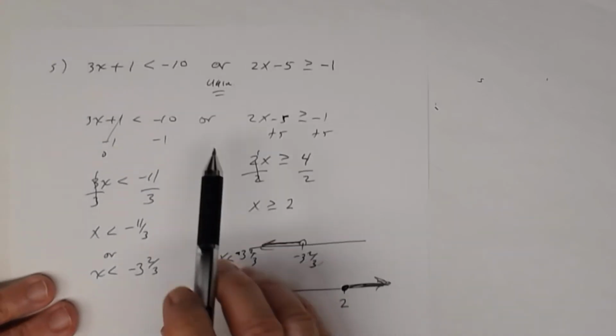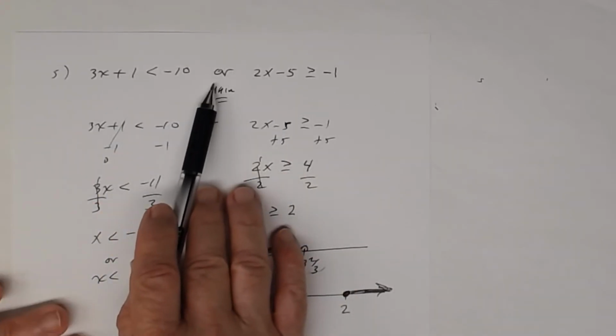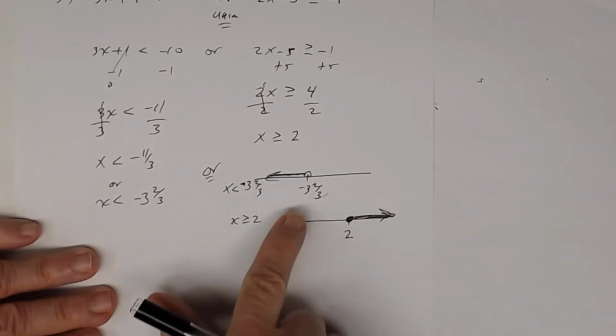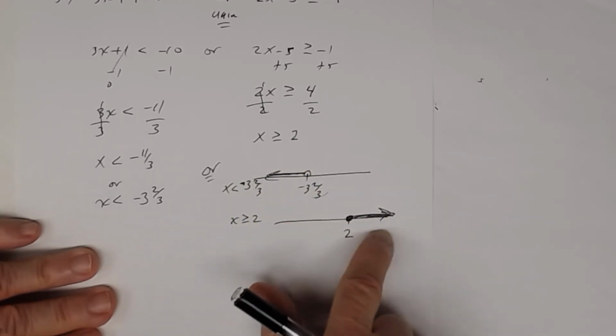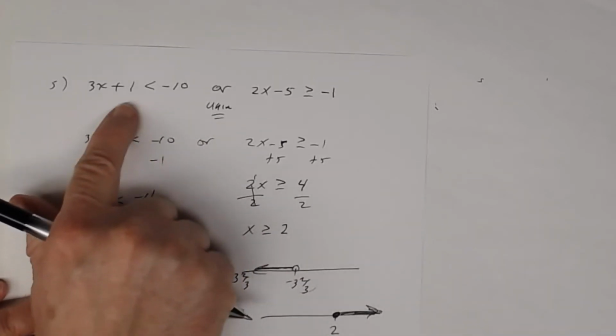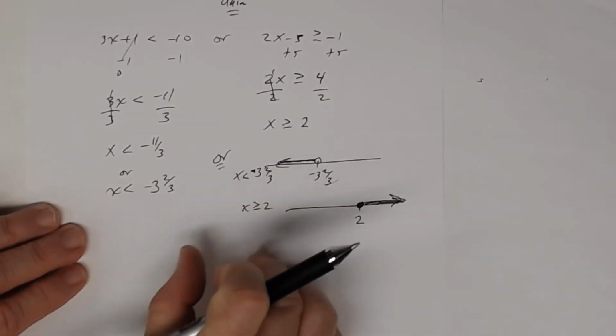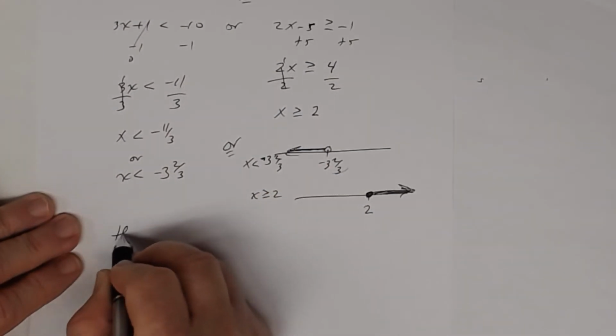So remember, the solution to the compound inequality, an OR statement, is a union, which means that anything shaded here or any real number shaded here is a solution to the original. So you're going to merge the two into one graph. So the solution's